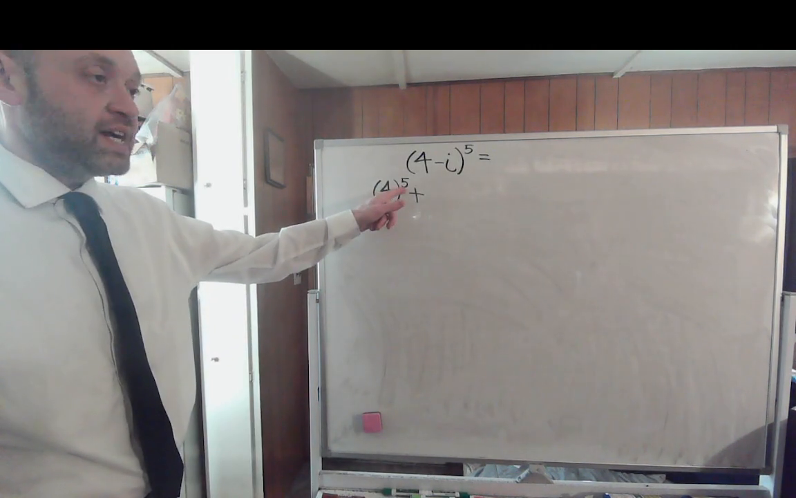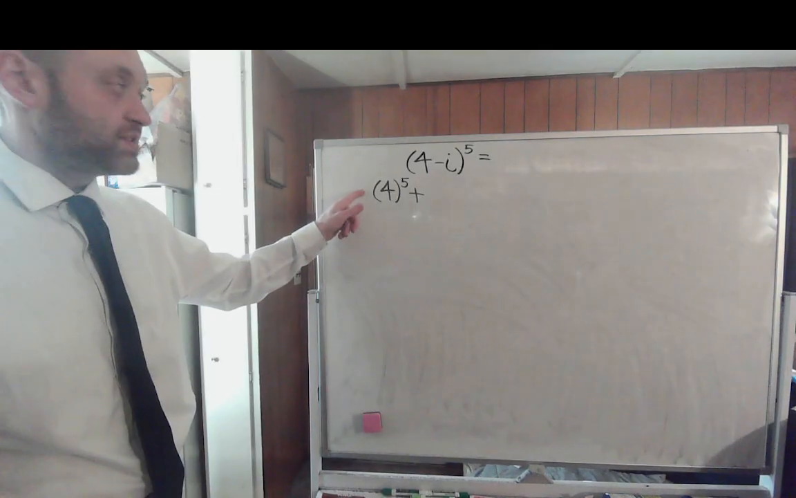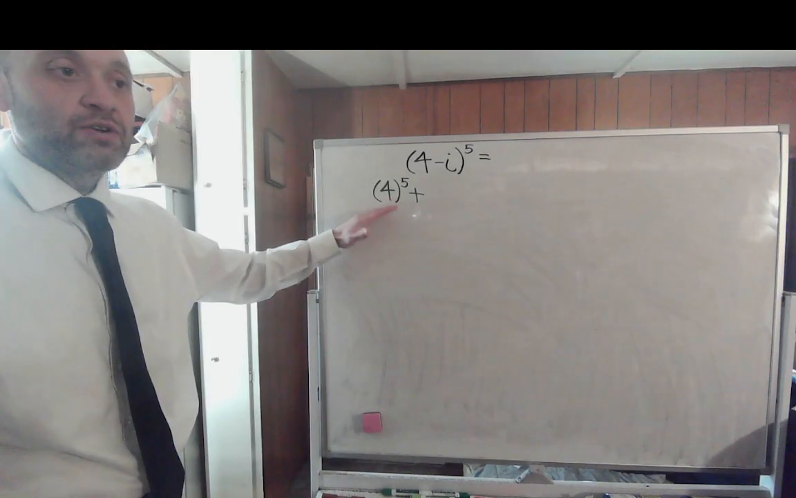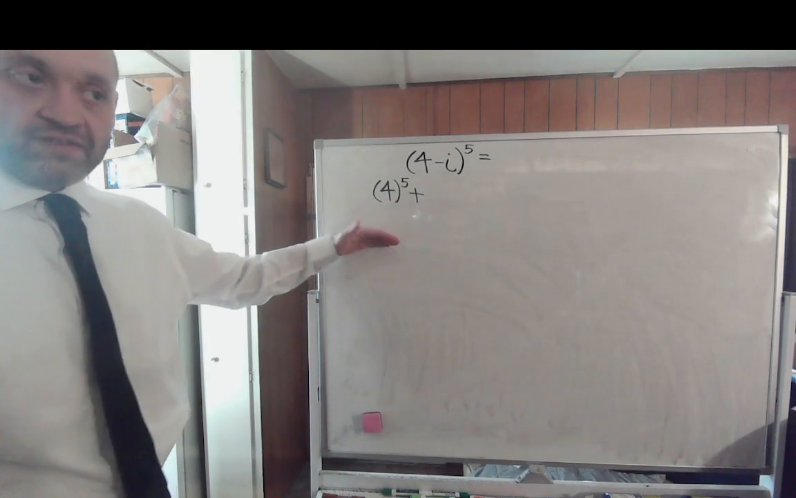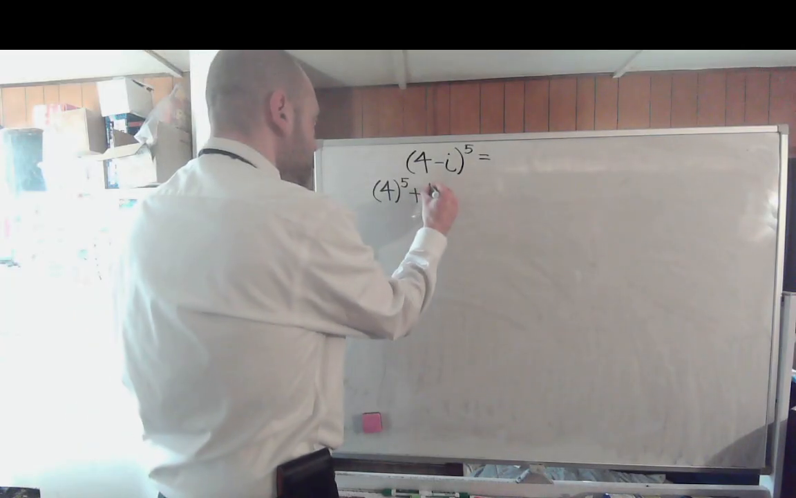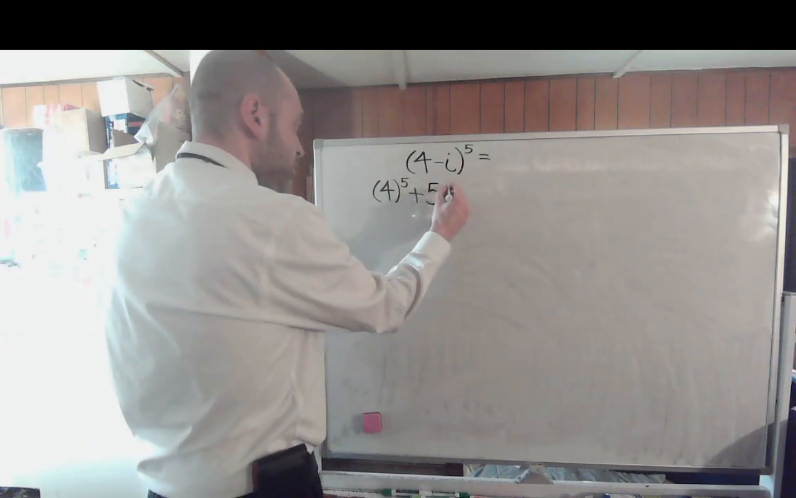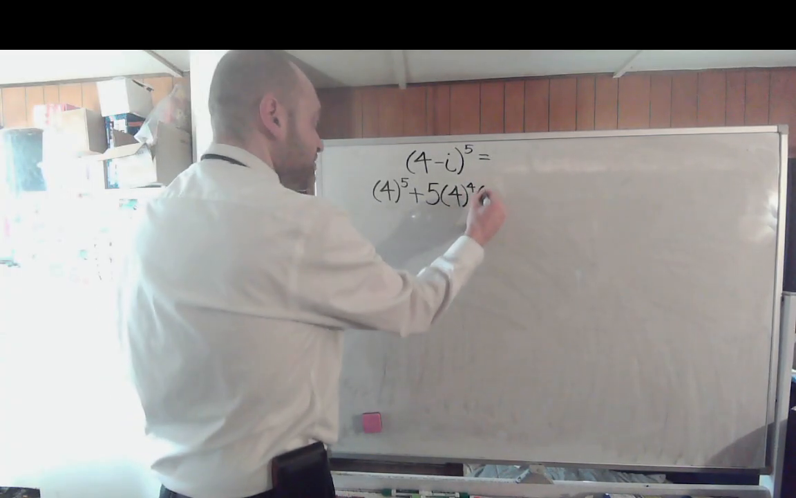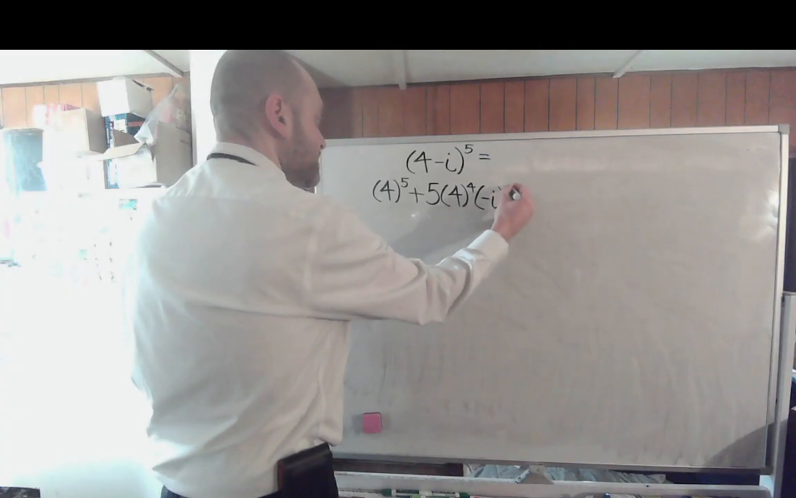okay, now, we've got that 5 times that coefficient of 1 outside the parentheses. 5 times 1 is 5. Divide by the current term you're on, which is 1. Well, 5 divided by 1 is 5. So that'll be 5 times 4 to the 4th times your negative i raised to the 1st,